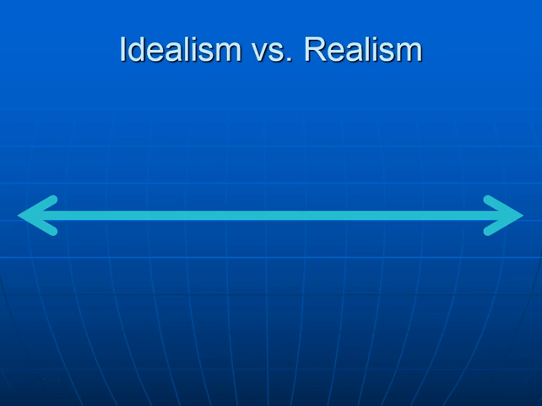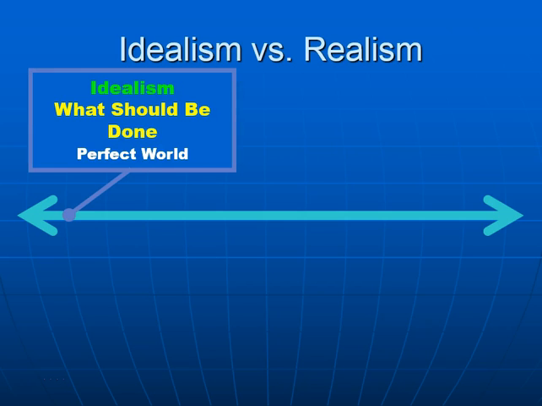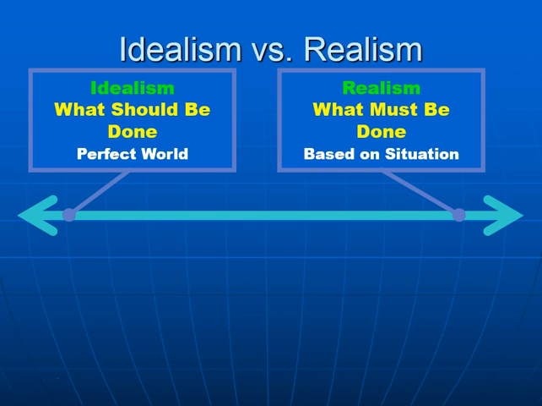Another foreign policy continuum we can look at is the idea of idealism versus realism. Idealism is what we'd like to do in a perfect world. It's if we could get our way, if there were no political realities, if everything just went perfectly the way we wanted them to, this would be the idea of idealism. On the other side, there is realism. It's what has to be done based on the situation. So maybe in a perfect world, we would like to negotiate things diplomatically. We would hope that that works. But in a realistic world, maybe we have to use military action. Maybe we have to go in and intervene that way. And so a big part of foreign policy is trying to balance idealism versus realism.